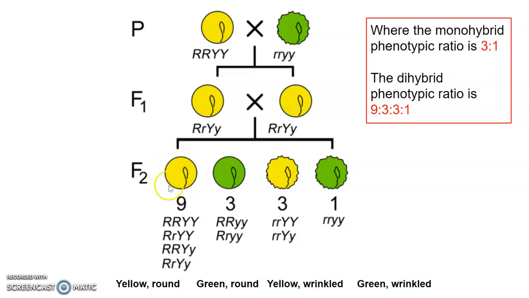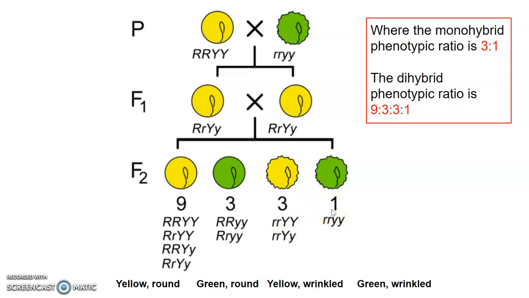It would look exactly the same on the outside as this round yellow pea, because we still have that round allele to dominate and mask the wrinkly allele that came from one of the parents. Okay, and I could go on and on, but we have more combinations that are going to lead to yellow and round than we have combinations that will lead to round and green, and wrinkly and yellow, and then the